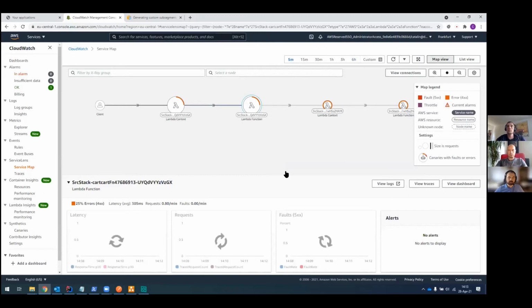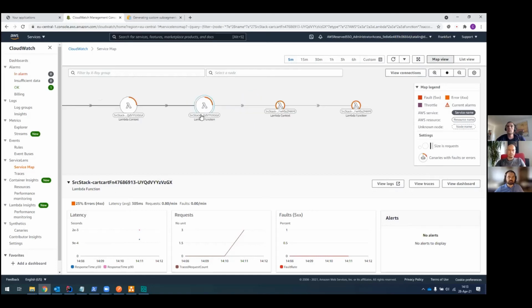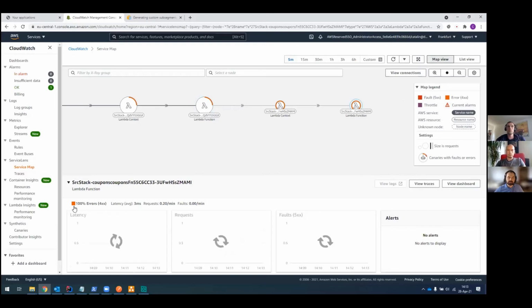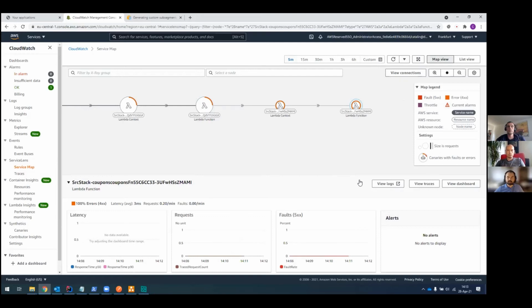This is normally what we'd be inspecting: okay, the cart isn't working, so I'm going to look at the cart. But actually, the cart isn't really the issue because we can see multiple requests here, and just part of them are failing, right? Only 25% of them. So if we look further downstream, we can see the coupon function has a 100% error rate, right? So obviously, this is not that awesome.